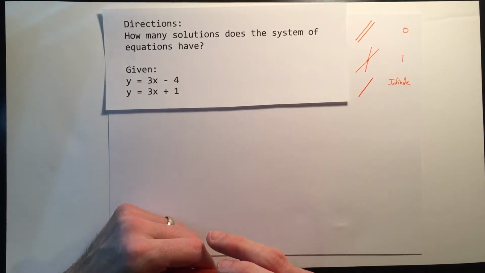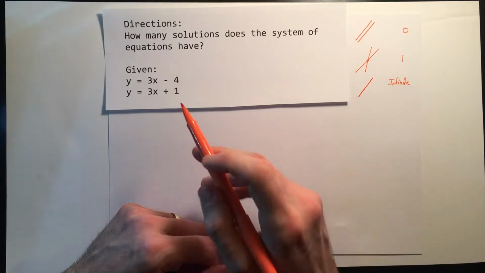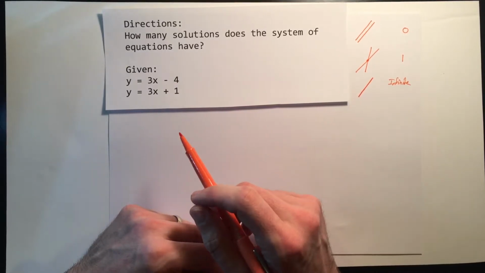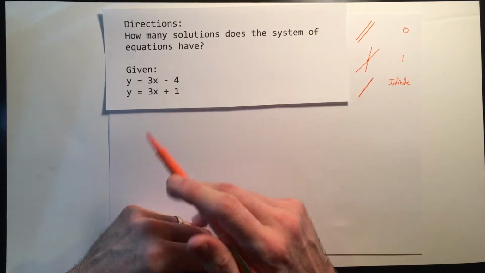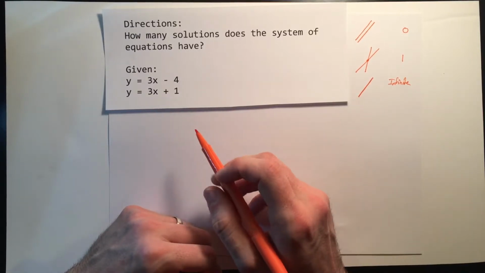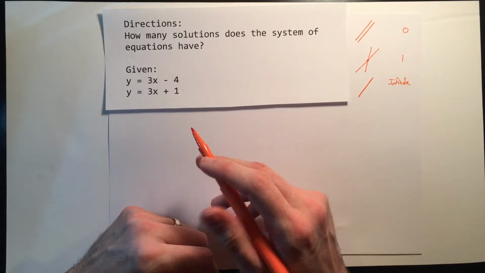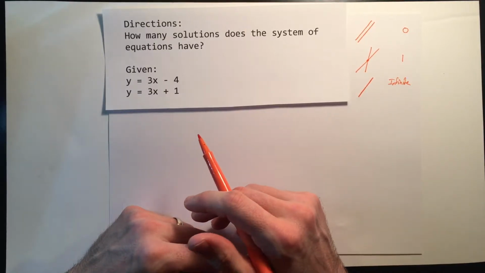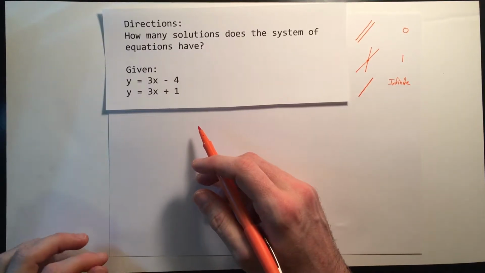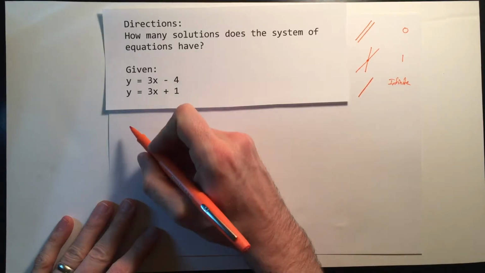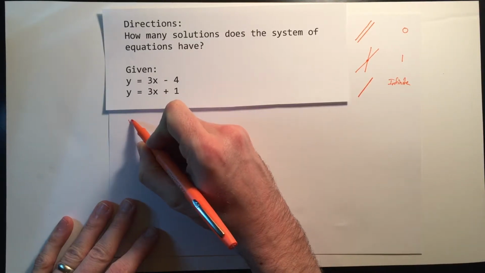Graphing is an okay option if you happen to have a graph, especially when the numbers are relatively small and they're whole numbers, not decimals or fractions. That is an option. I'm going to actually choose the substitution method here, and then we'll also graph it just to visualize and see what that answer looks like on a graph. So substitution, remember, just means that you take